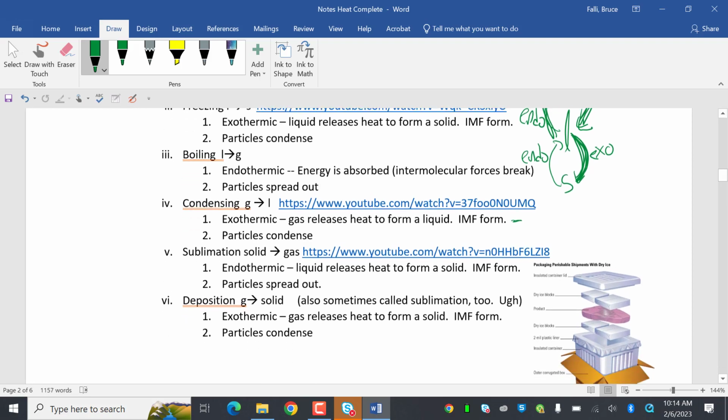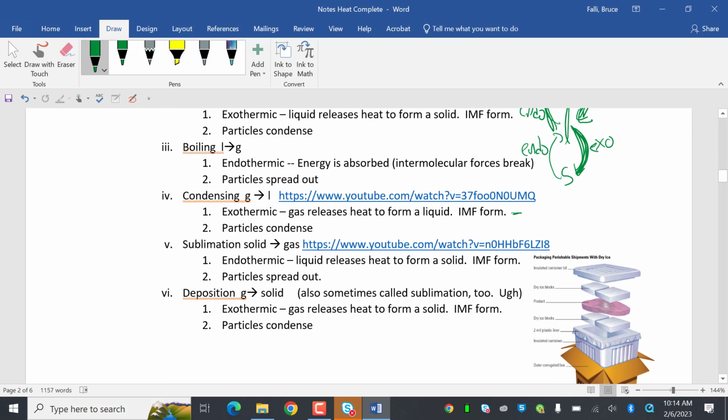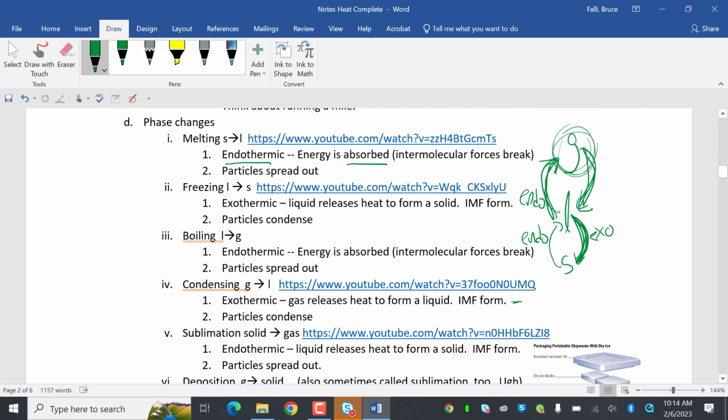The particles condense. Sublimation of a solid. Sublimation is a solid to a gas. Again, a solid to a gas. Oops, I put it on the wrong side. Solid to a gas, oh my goodness, is that going to be endothermic? I have to absorb a lot of energy to do